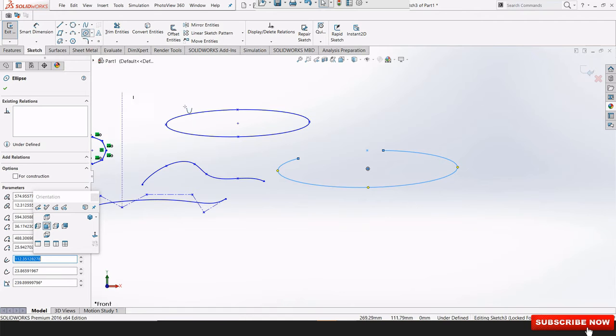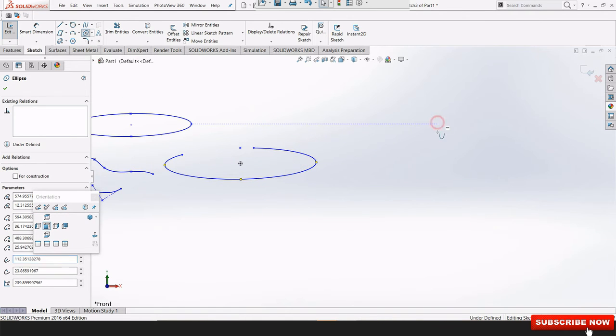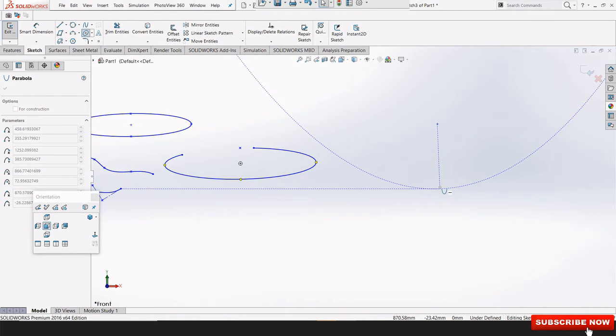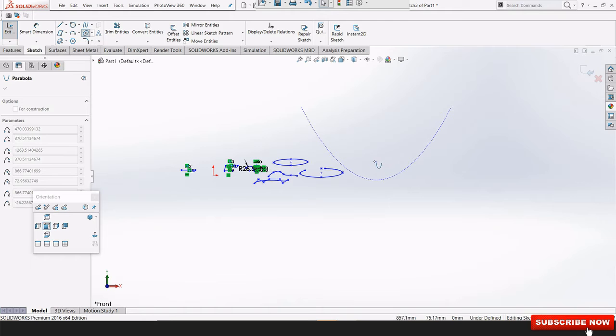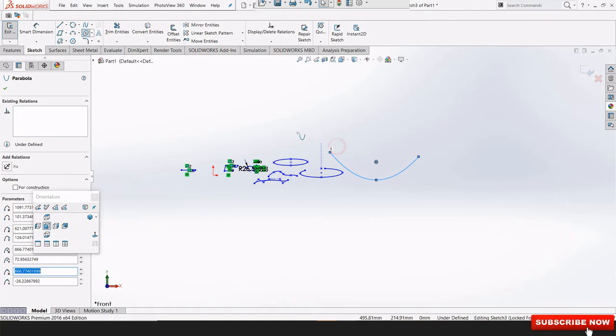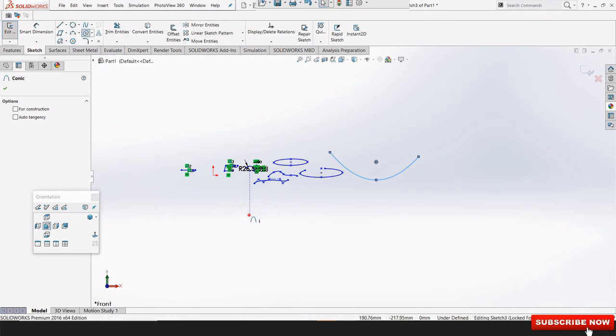Then we are having parabola. If you want to start from this point, then stretch it up to the other side of that point. Conic section, it is simple. It will start. You have to stretch in the direction in which you want.